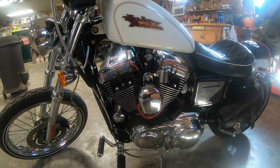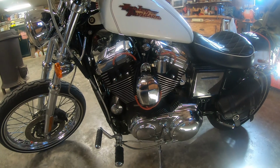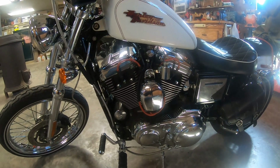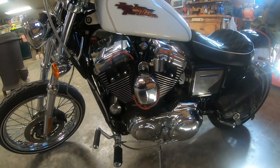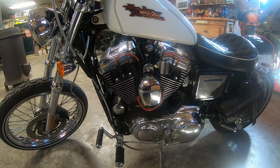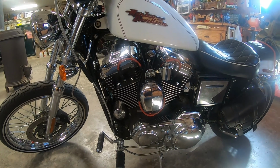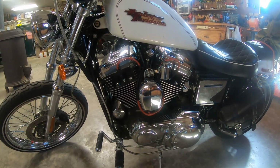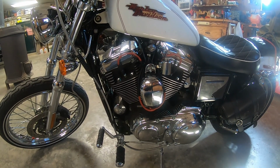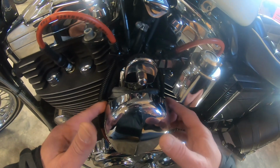So I just came up with my own way to relocate that coil. What I did is, pretty much you have to take your horn off if you are going to relocate that coil. So you end up not having a horn, or you end up having to relocate it. Well, what I did is I actually took the whole horn off, and I was eyeballing it. And if you take the horn out of the cover, actually that coil will slide right up into that horn cover. And I had an old exhaust bracket, the backing of it, that was long enough to go over